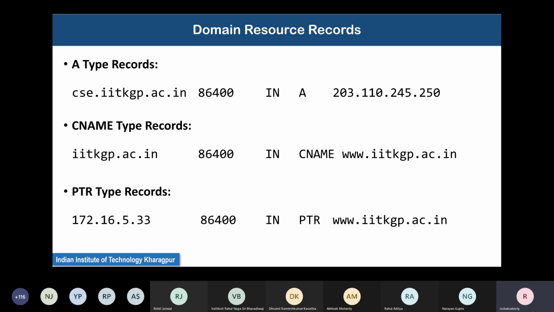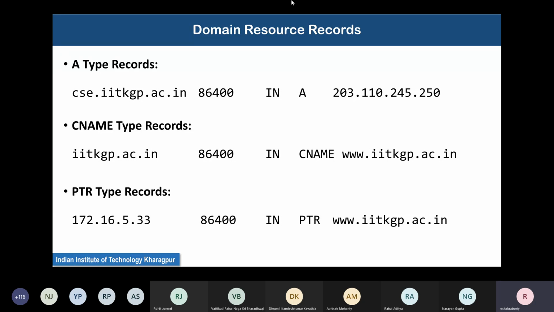And after how much time should you get this information from the name server? That is also the question. So the name server says, okay, 86,400 seconds is a reasonable amount of time for which, once you have cached it, maybe you can trust this record. But in the meantime, it can change also. For records which change very frequently, this number will be very small. This is in seconds. 86,400 basically means 1 day.